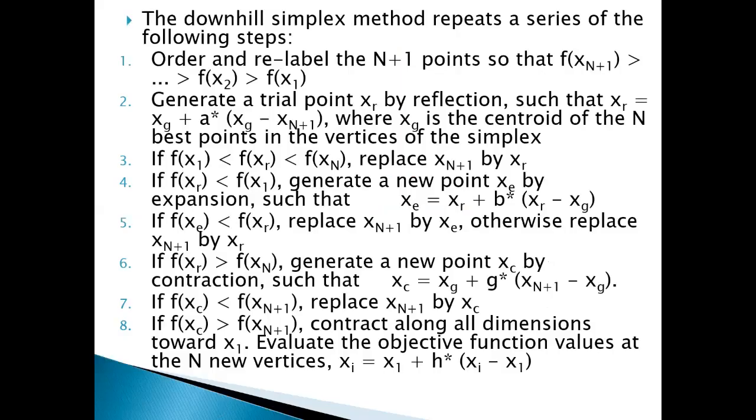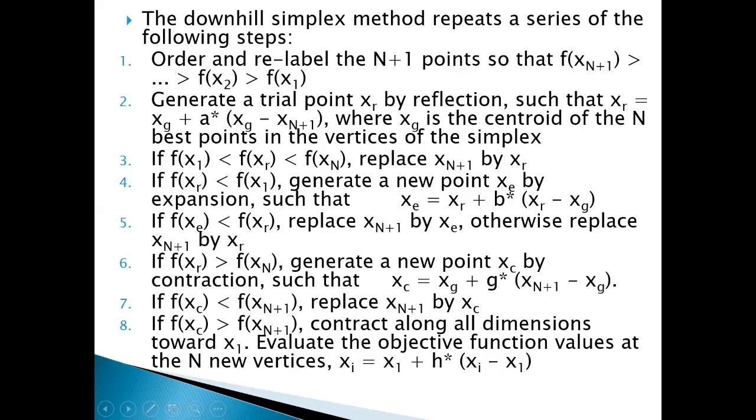This is a general algorithm. If you go through, you can see that for reflection, this is the condition. This is the centroid point; centroid minus the maximum point multiplied by a factor A gives you the reflection. If the reflection is less than the maximum point and the initial point, or between them, then it is replaced by the next point, and again the next point is calculated for reflection. Once the reflection is less than the initial point, it generates a new point by doing expansion.